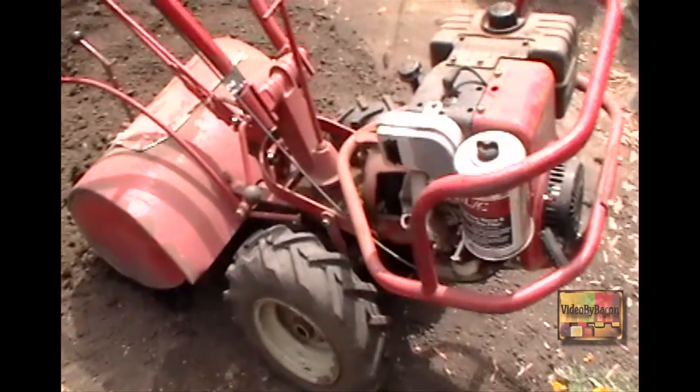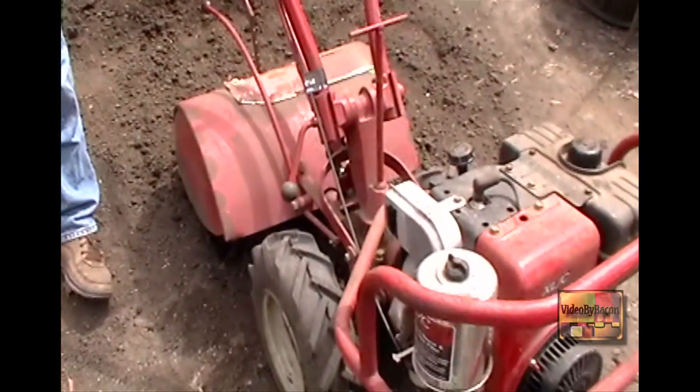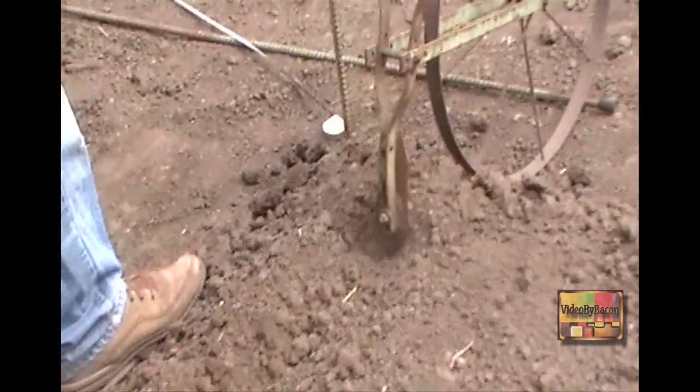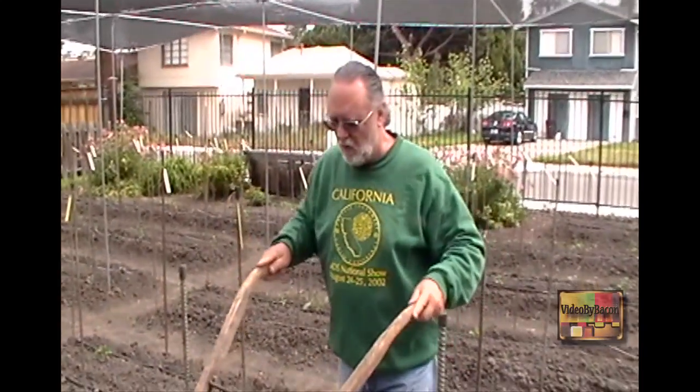This is one of my rototillers. I have 4 of them, but I really don't believe in them that much. I think that when you use a rototiller, you disturb the ecology, whatever's going on underneath the ground. You disturb the worms, the culture that's growing underneath the ground. When you have a yard as big as mine, you pretty much have to use one though. I have a row maker that goes with it, but I kind of prefer to use the old-fashioned kind. It does a wonderful job of breaking up the clay, but of course the clay will go back